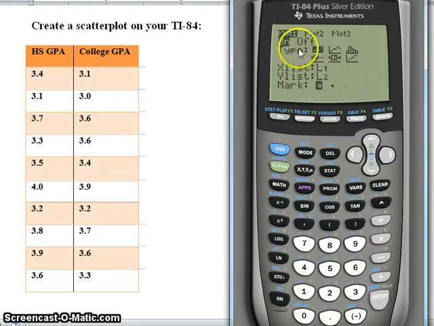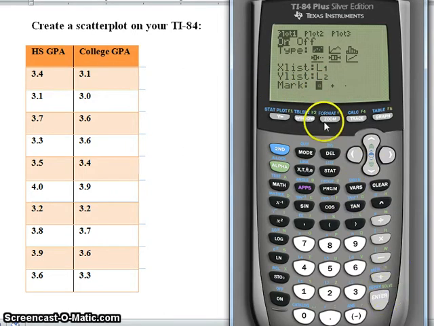So then you just click that on, and then we want to choose scatter plot. It's actually the first one that is even available, so we don't have to change anything. Our X list, or our explanatory variable list, is L1. Our Y list is L2. So once we have that, we can press enter if we want to change any of our marks. But if you press enter, nothing happens.